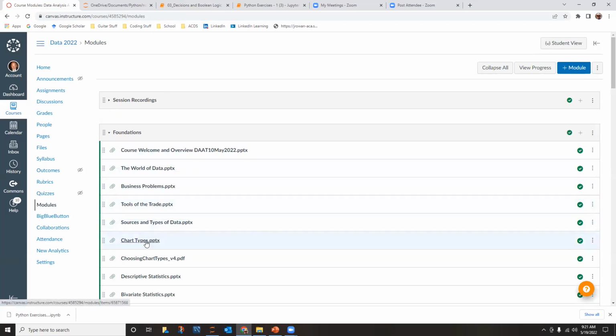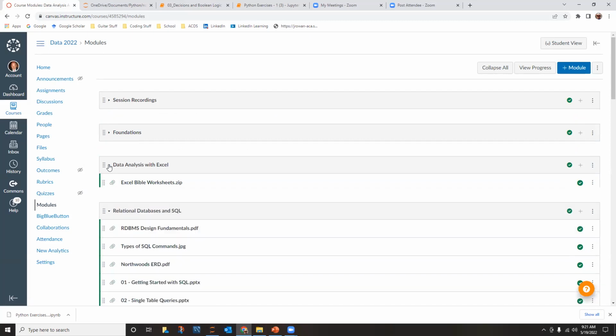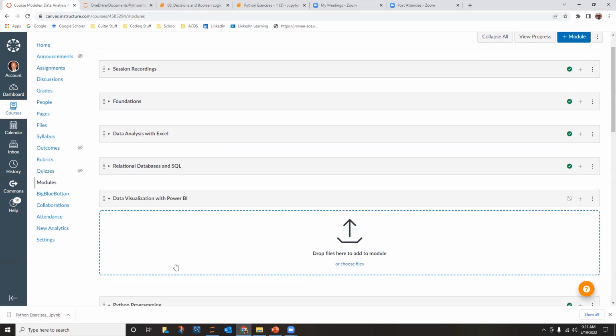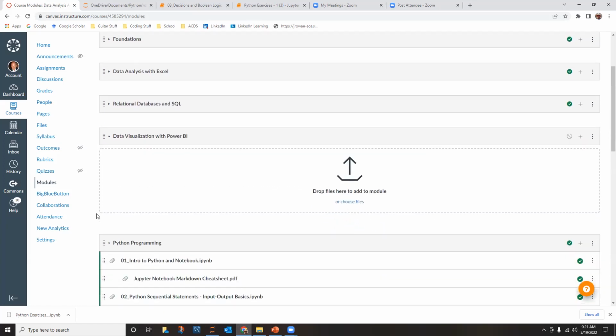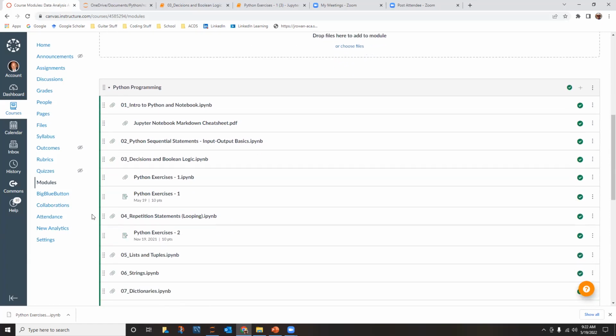Foundations is where that chart types thing from today was. And I got one for Excel, and I got one for SQL. I still got to create the one for, oh no, I just got to upload content to data visualization Power BI. But then down here at the bottom module, we have Python programming. So that's all of the notebooks that I've used so far,